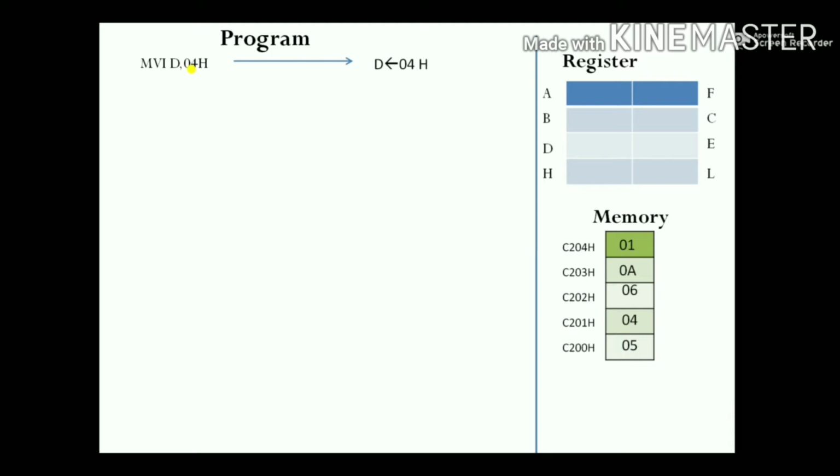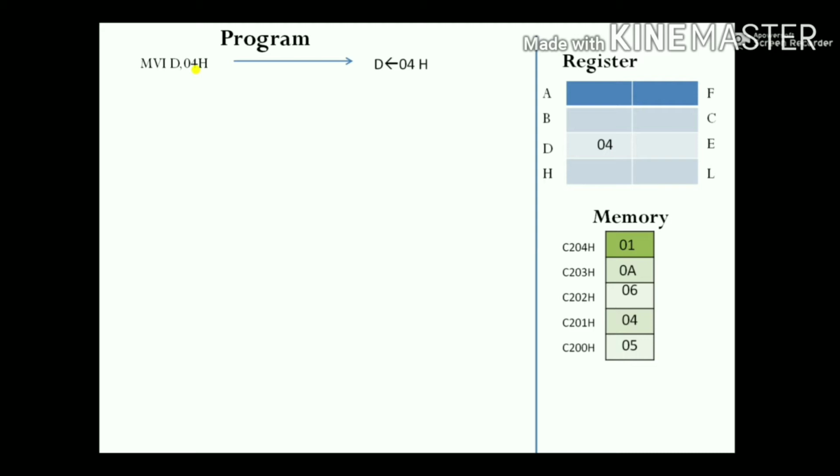Suppose if you have 10 numbers of data, then instead of 04, we would have taken 09. But right now we have 5 numbers of data, so we are taking 04, that is n minus 1. Now D is having the content 04.